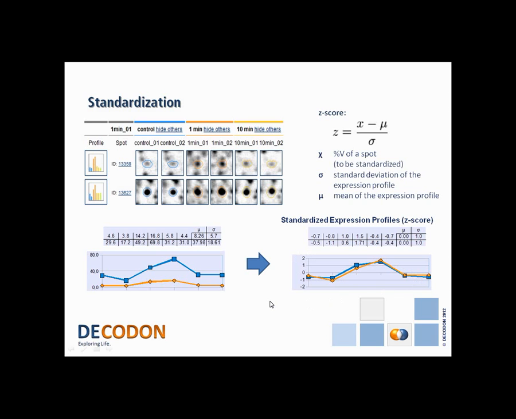This makes them comparable, and then advanced statistic algorithms can really compare them and show them up in the same cluster, for example, or that they are similar to the same template that you apply, for example, in Pavlidis template matching. This is what I also want to show, and that means that these values are not the same as these. These are the values that show up in Delta 2D in the quantitation table, while these values show up in the statistical package. So don't worry if your values there are different to those that you know in the quantitation table. This is because of applying the Z-score calculation to the